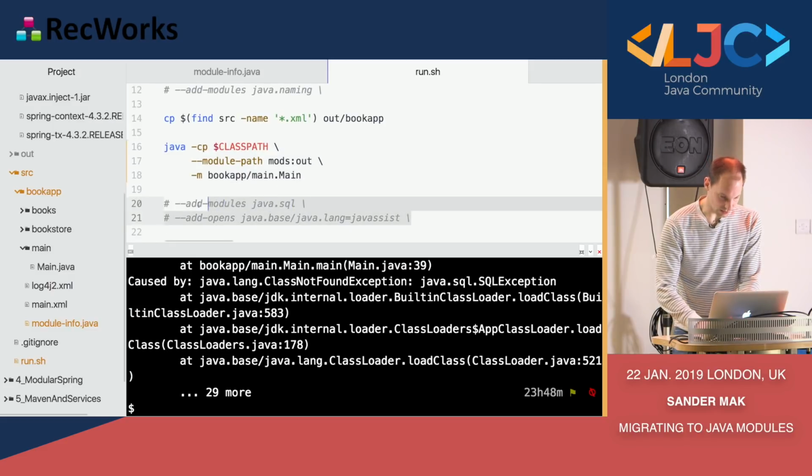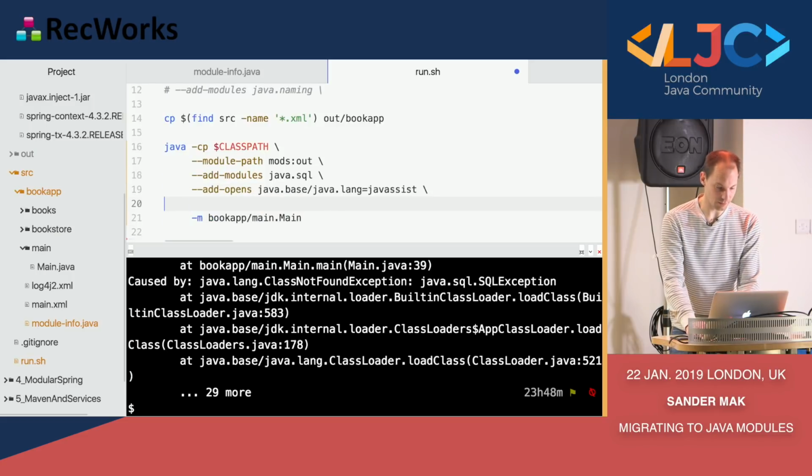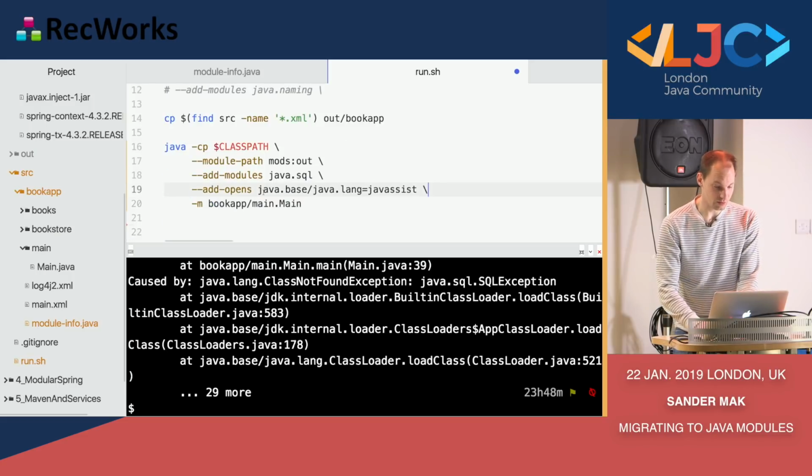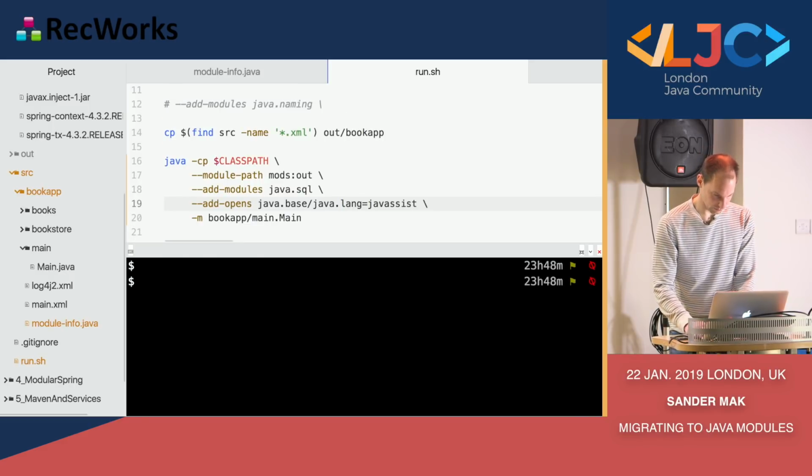And I'm also going to add the add-opens that we talked about for Javassist, because even though it was only a warning on the class path, if you're in the module world, then strong encapsulation is in full effect. So if we want Javassist to still work, we need to open up this java.lang package to do its reflection magic. So if we do this,